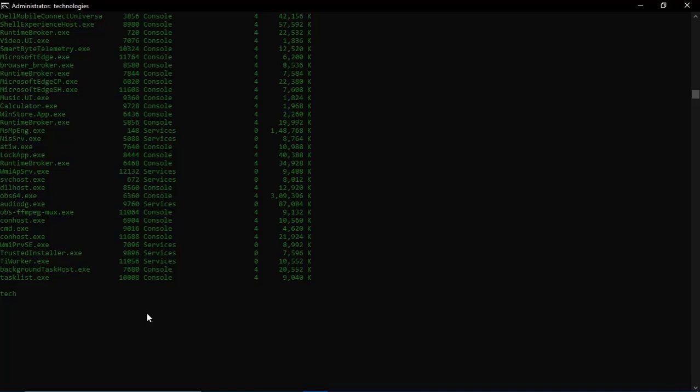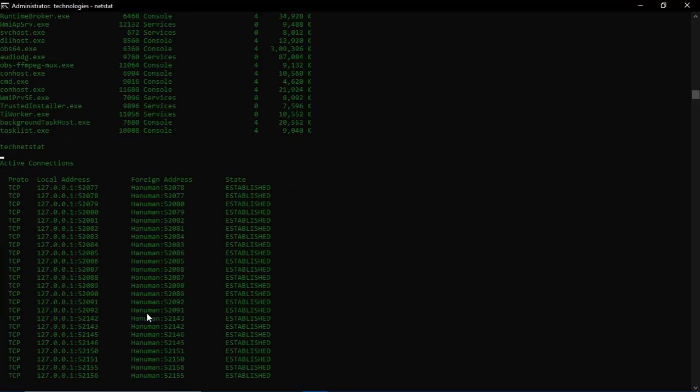Coming to our next command, it is netstat. This command will help us to get information about network connections, routing tables, interface statistics, etc. And the command is netstat. N-E-T-S-T-A-T, sorry.